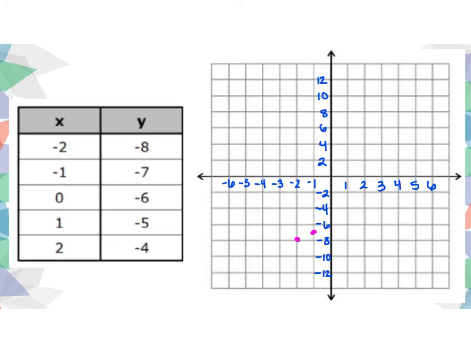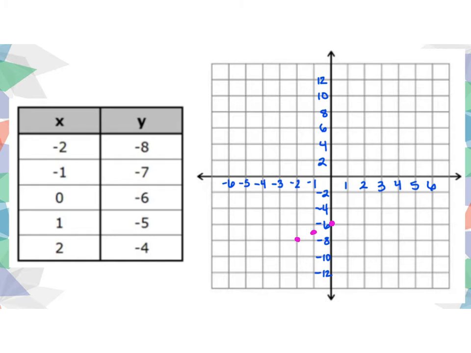My third point has a value of 0 for x, so I don't need to move to the left or to the right. I just need to go down 6 for my y value, and I'll plot it right there on the y-axis. My fourth point is at 1, -5, so this time when I start at my point of